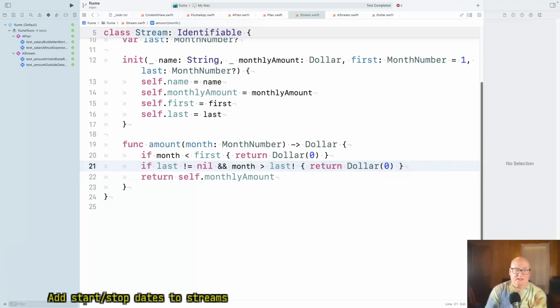So if the month is less than first, return $0. If it's not nil, so if there is a month set and the month we're asking for is too big, return 0. Otherwise, return self.monthly amount.